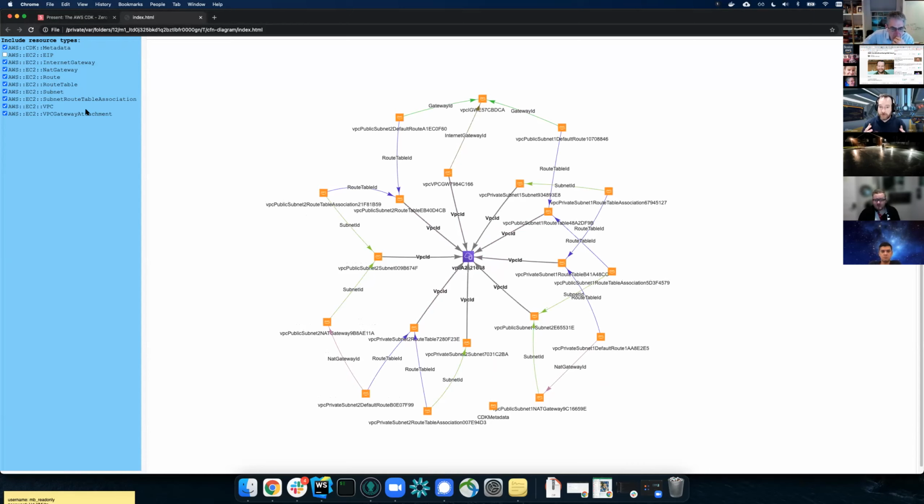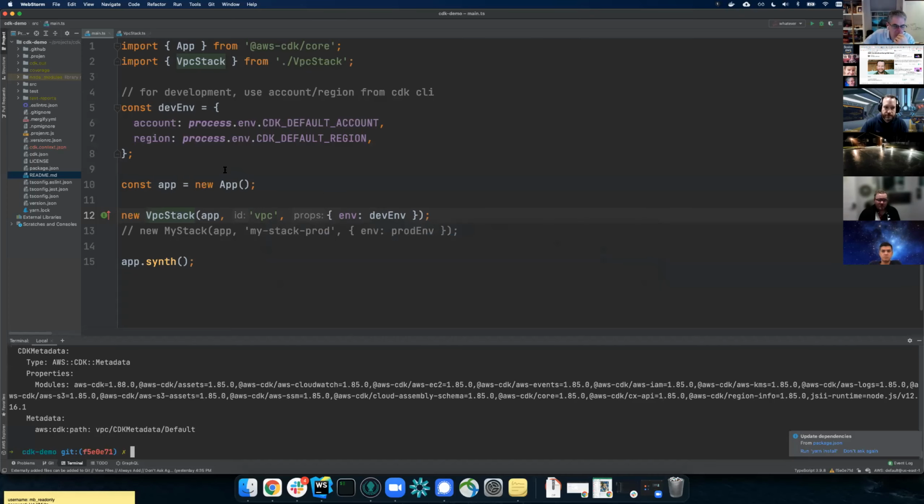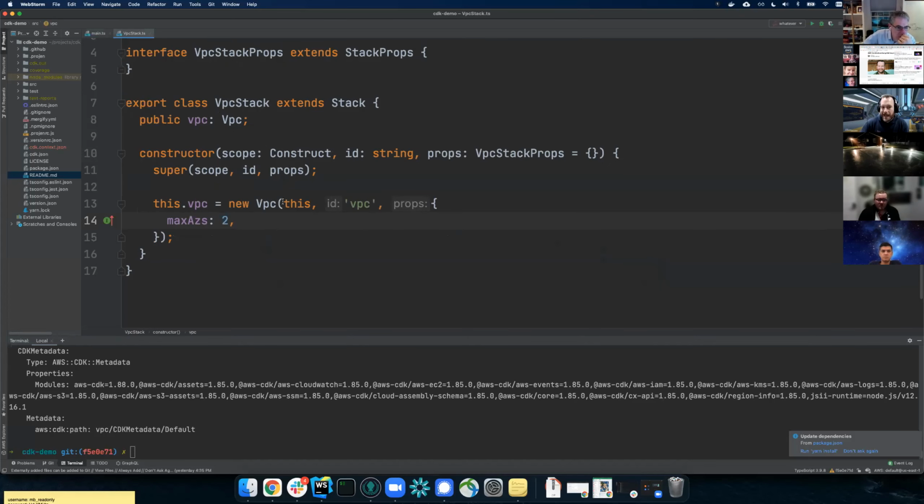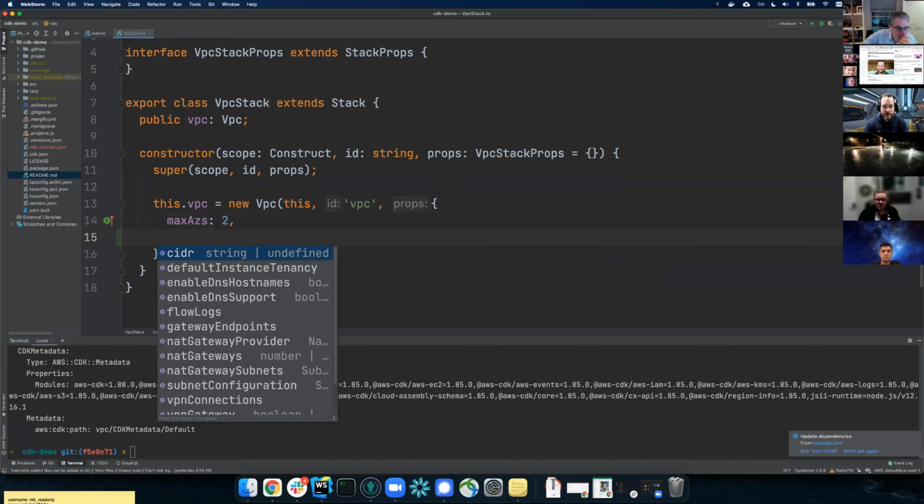I don't have to worry necessarily about getting those things all wired up. I just go ahead and let my L2 VPC construct do that for me. And if I want to, I can change some of these parameters. Thanks to this being TypeScript and strongly typed, and IDEs doing their very good job here, I can see here,